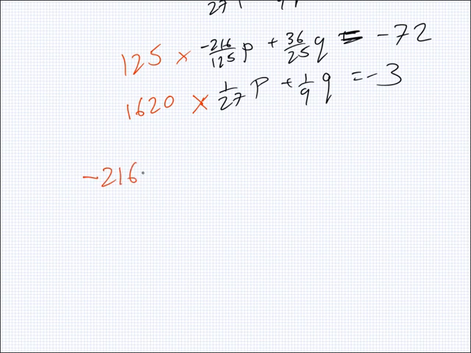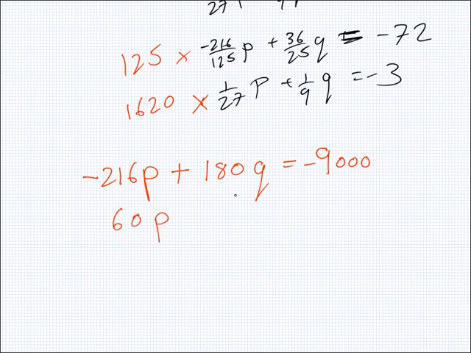Minus 216p plus 180q equals 9,000. And the second one, if I multiply this, what do I get? 60p. And please tell me I get 180q. Ah, sweet, 180q equals